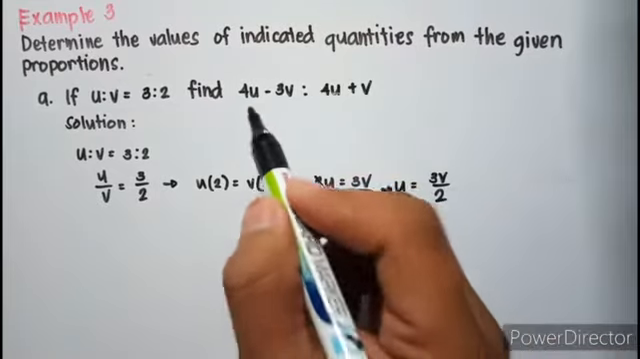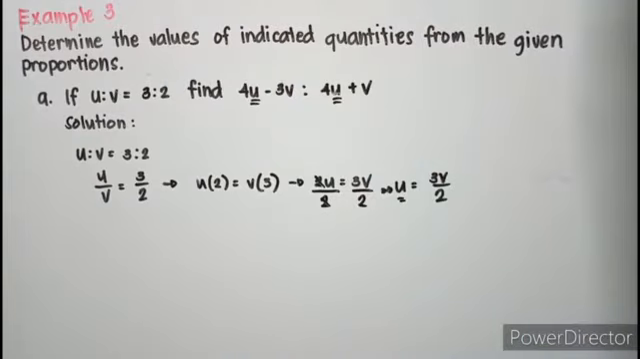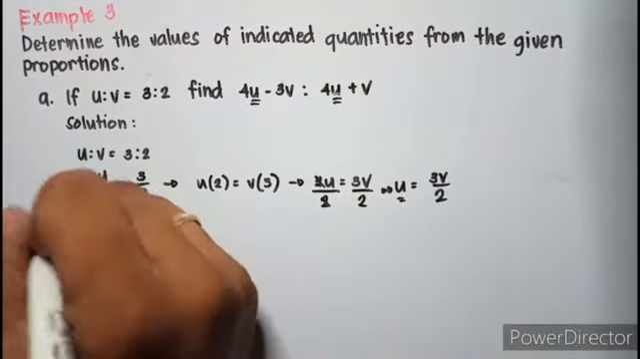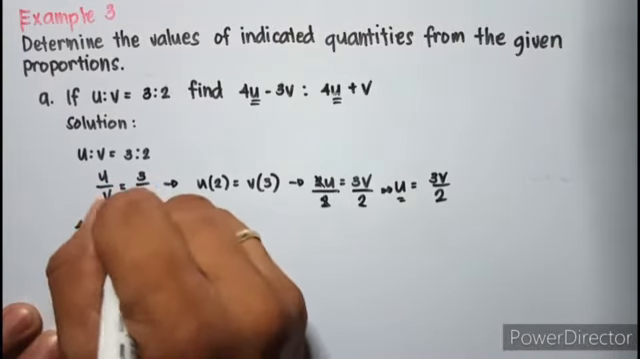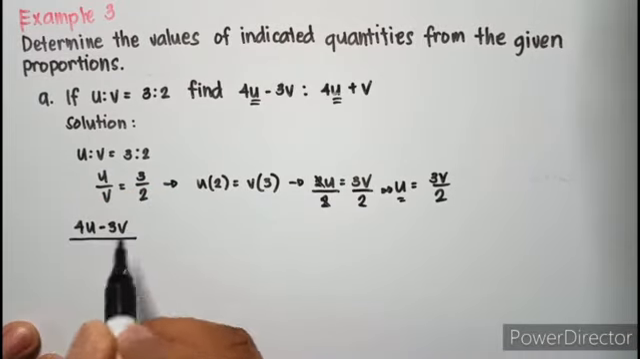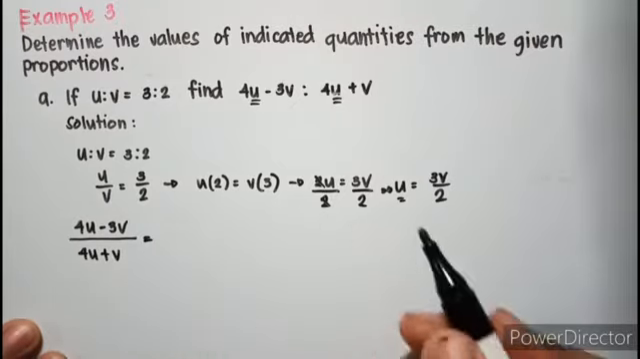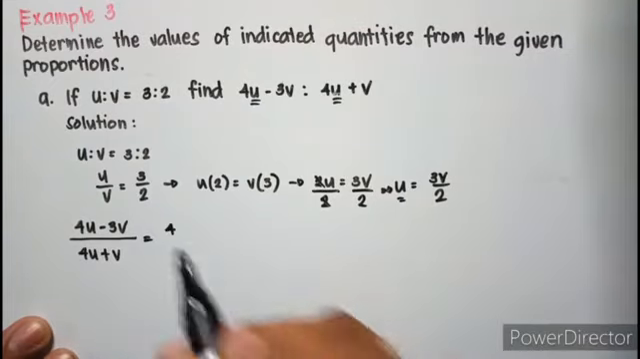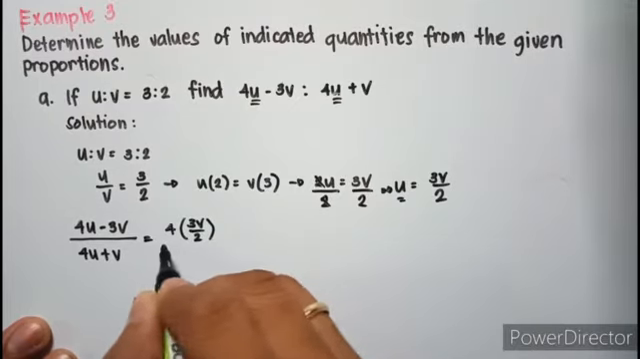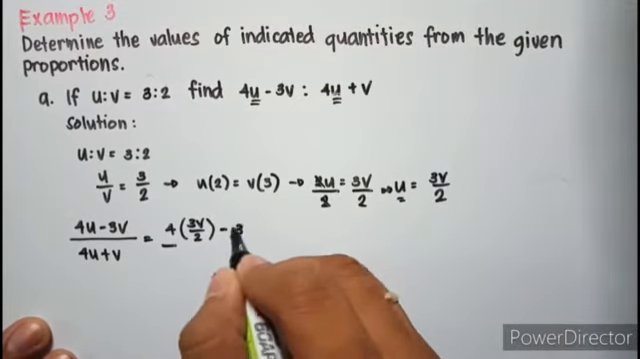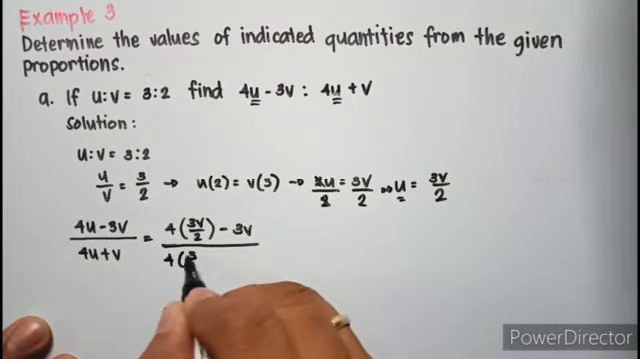This U will be substituted for the value of U in the given proportion. So that will become 4U minus 3V over, let's rewrite, 4U plus V. So that is equal to 4 times 3V over 2 minus 3V, all over 4 times 3V over 2